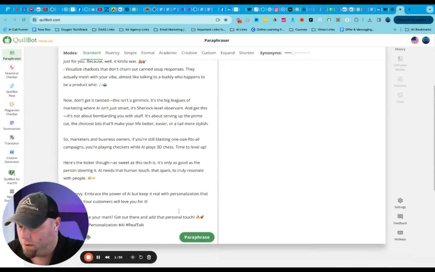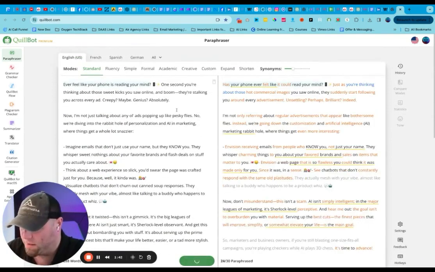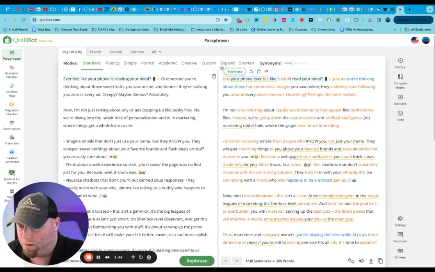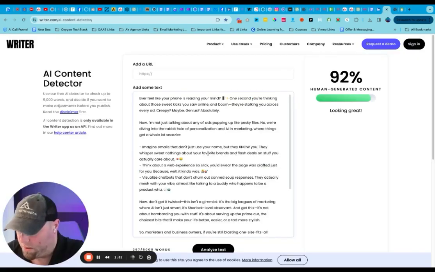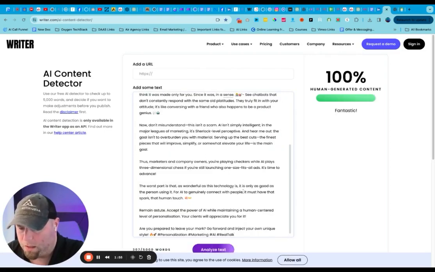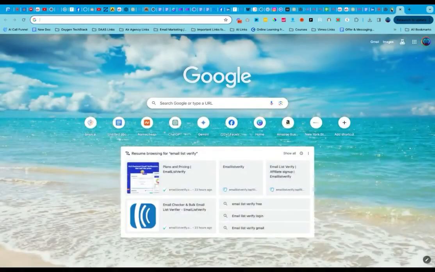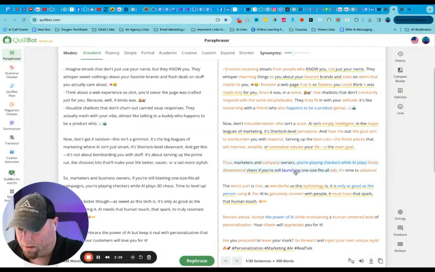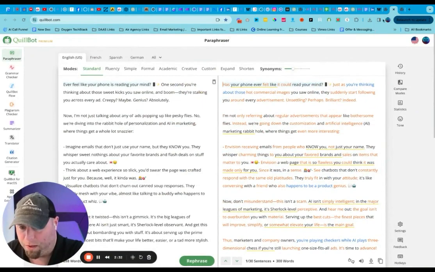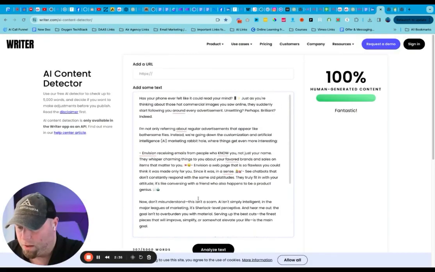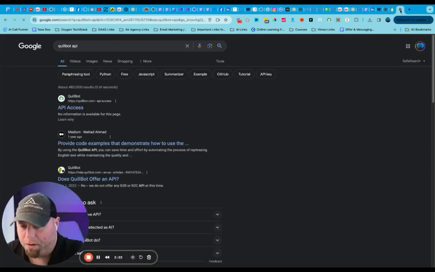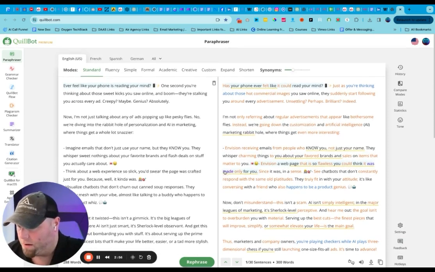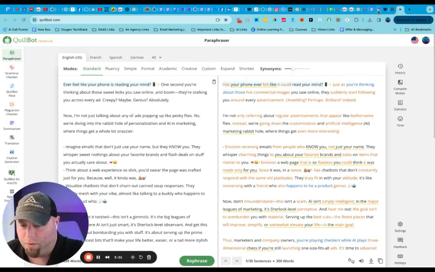A technique that you can do to make it even more human is come over into here. I haven't even tried automating this process because honestly, I'm fine with the layout the way it is. You could honestly come over into here, use this, bring this back over, paste that in, and now it says it's 100% human generated. And that took me literally a couple of seconds. And this is actually pretty good. And honestly, putting it through that ends up running it so that now it's 100% human generated content. So I may be able to automate that process as well. But quite frankly, like I said, even just using regular output, it's actually pretty good.